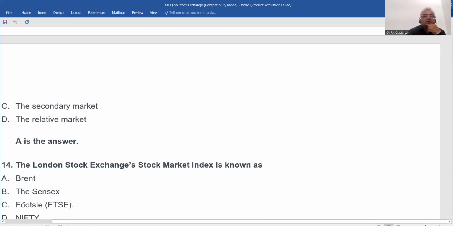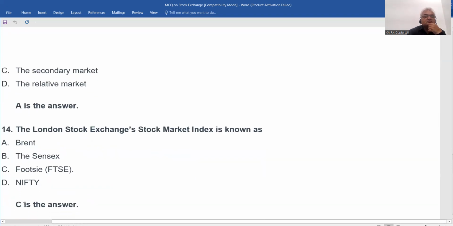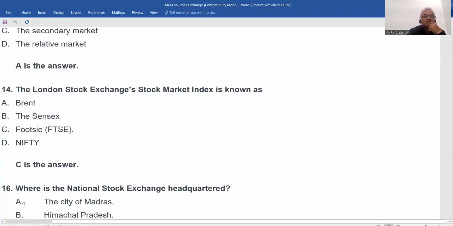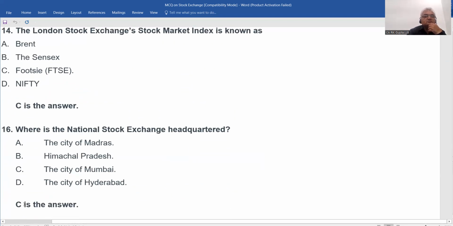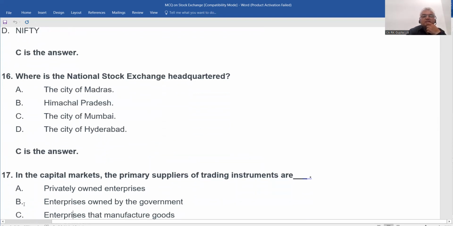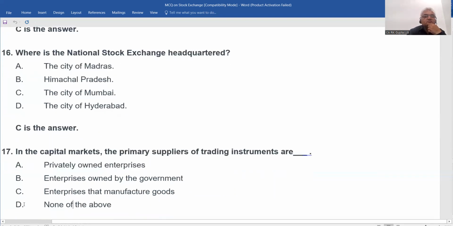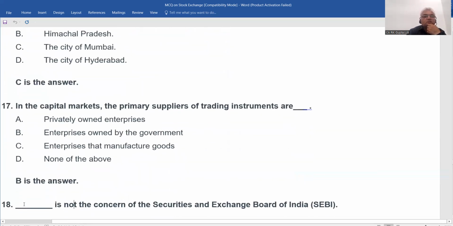लंदन स्टॉक एक्सचेंज का स्टॉक मार्केट इंडेक्स को क्या कहते हैं? कुर्सी। नेशनल स्टॉक एक्सचेंज का हेडक्वार्टर कहाँ है? Mumbai. अब याद हो जाएगा धीरे धीरे। In the capital market, the primary suppliers of trading instruments are, ये भी कर लिया था, enterprise owned by the government, ठीक है ना।